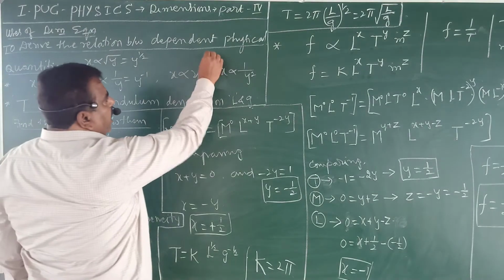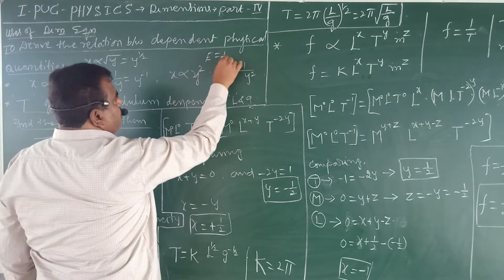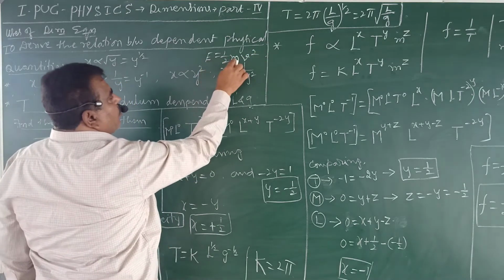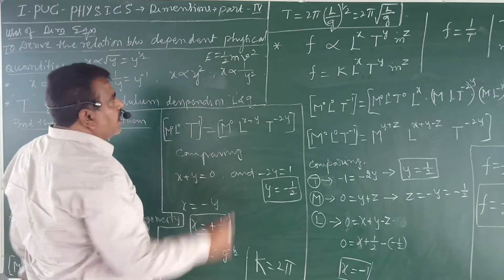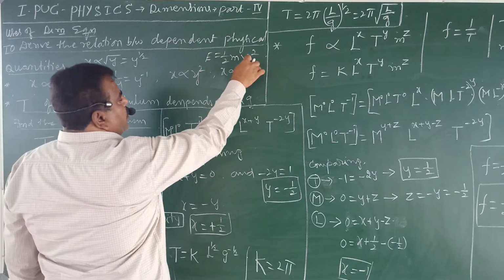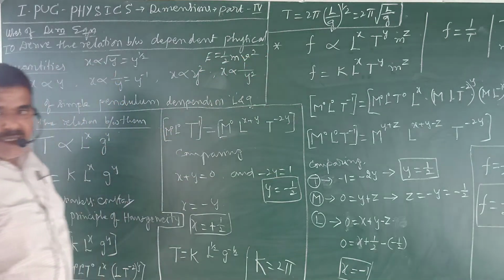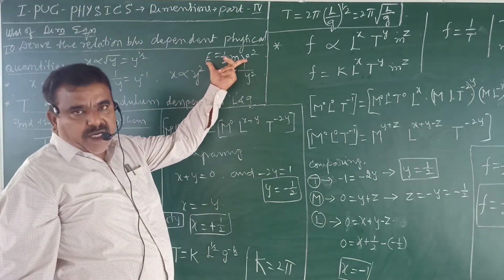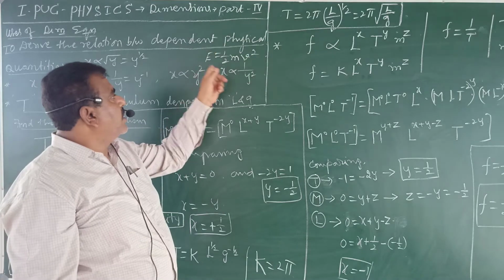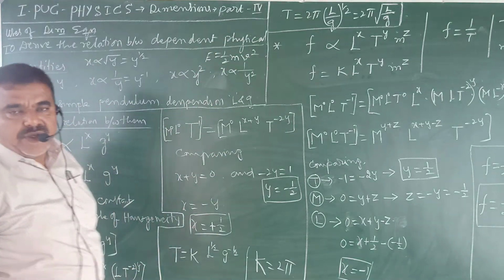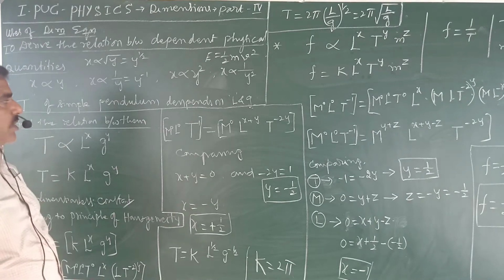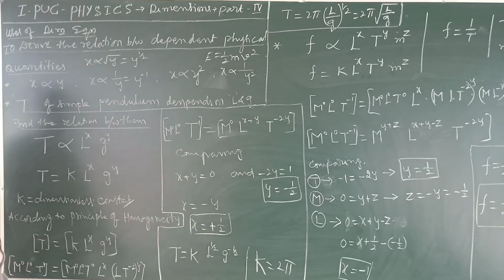Suppose I write kinetic energy equals half mv square. Here energy is directly proportional to mass, and energy is directly proportional to the square of the velocity. This is how these two are dependent. Therefore, we can derive these kinds of relations using dimensional analysis. This is the framework you should have in your mind. Okay, so first we shall take up the first example.